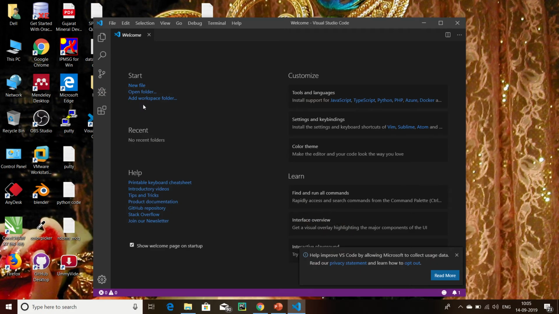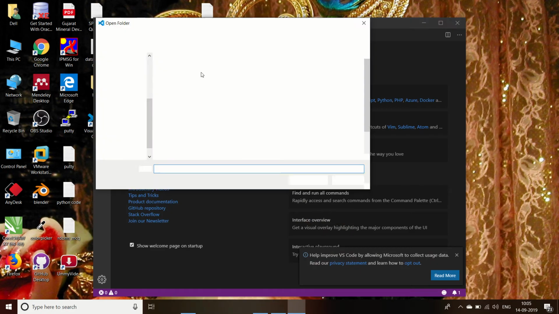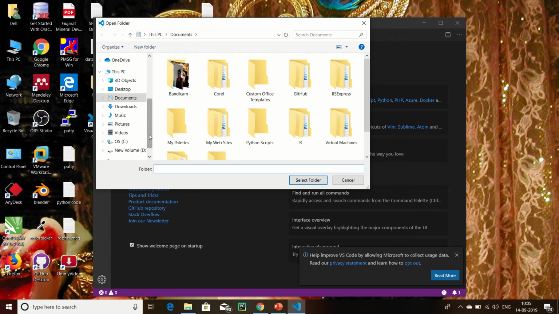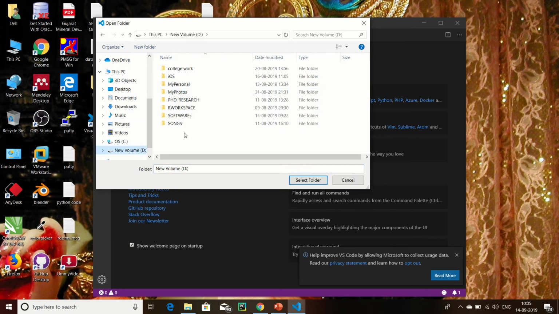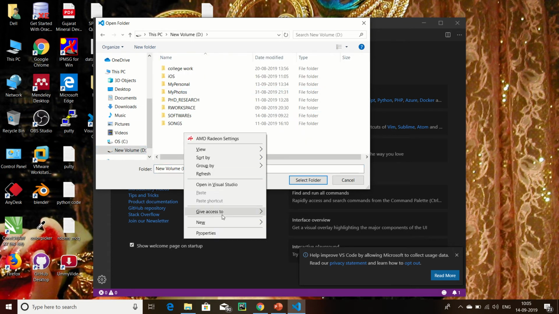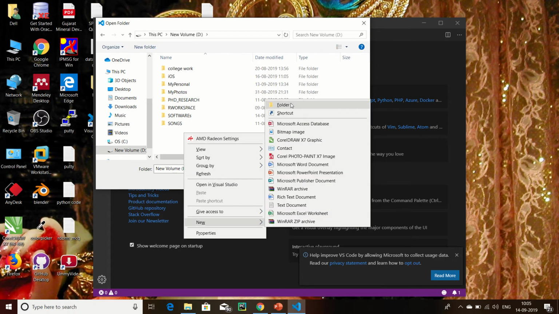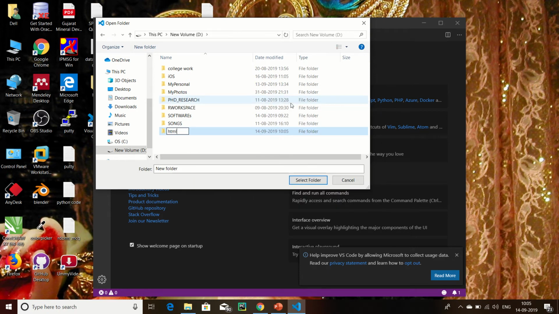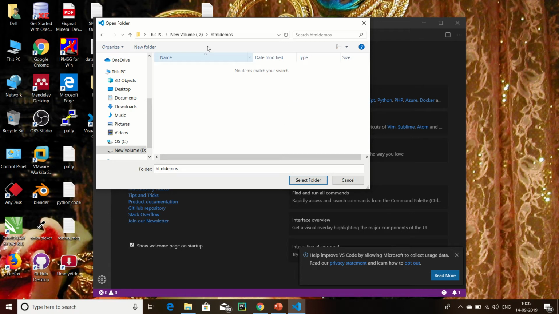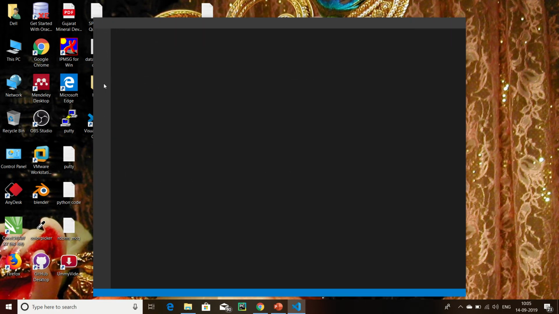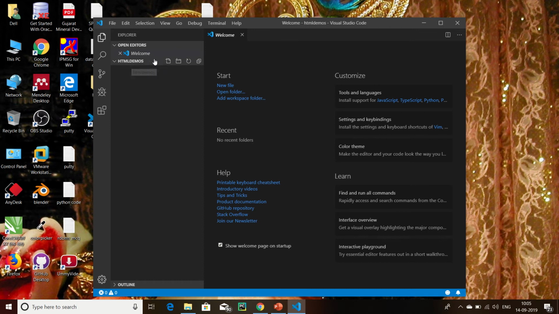Now I can open a folder. Here I can click to create one folder. Its name is HTML demos. Now I can select this folder for my programming purpose. Now here I can click